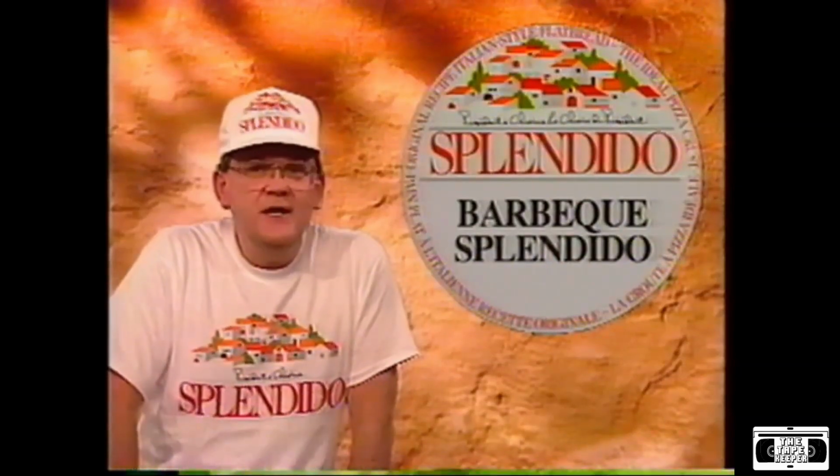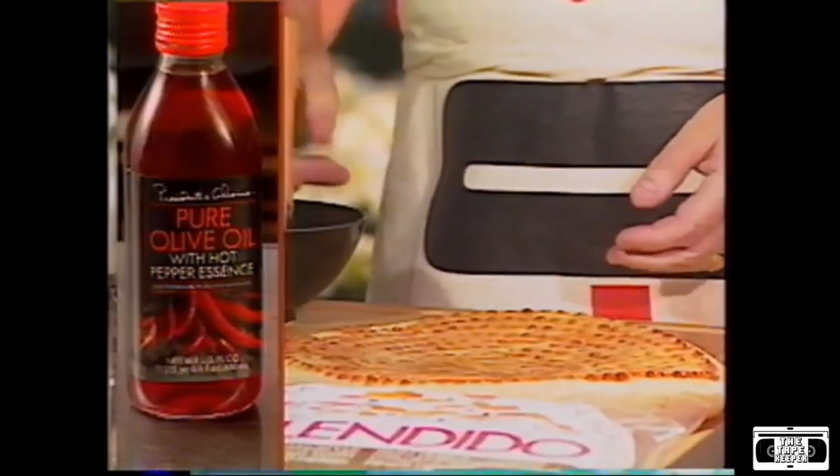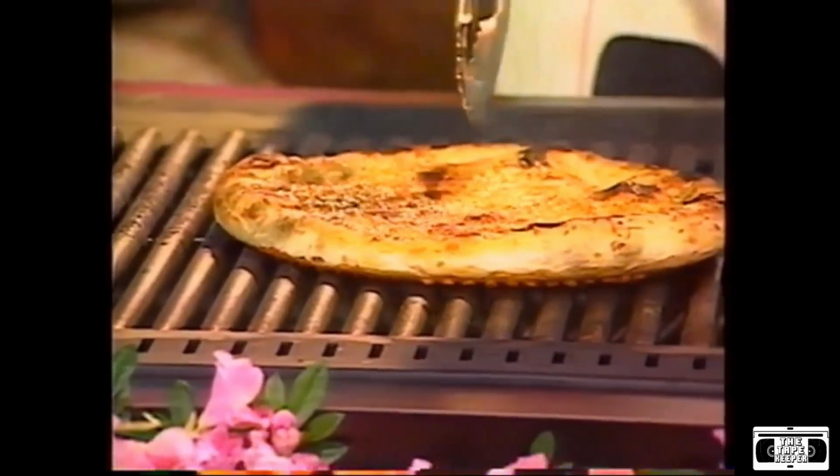Prepare cheese Splendido is on the barbecue. All I do is lightly brush the crust with hot pepper-infused olive oil and place it on the grill for 2 or 3 minutes. I make sure that I turn it frequently to prevent burning, and when the cheese on